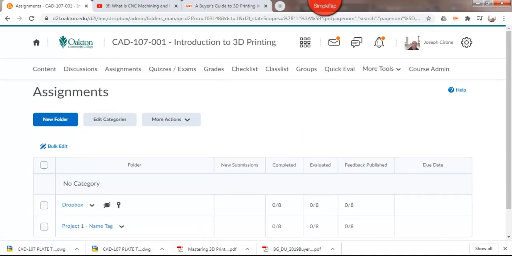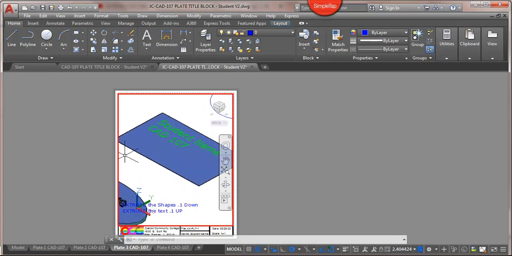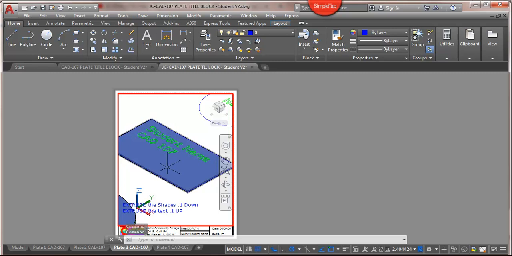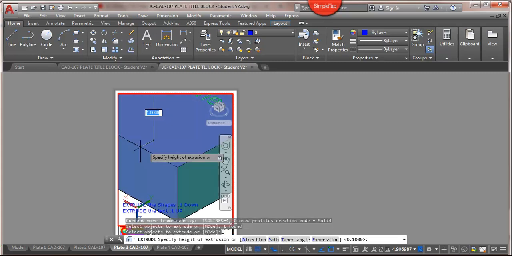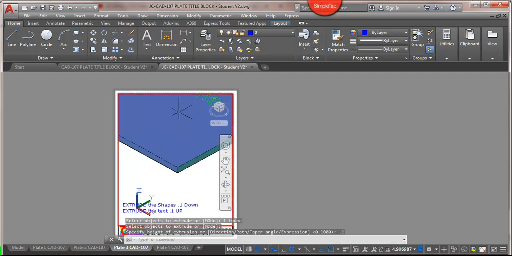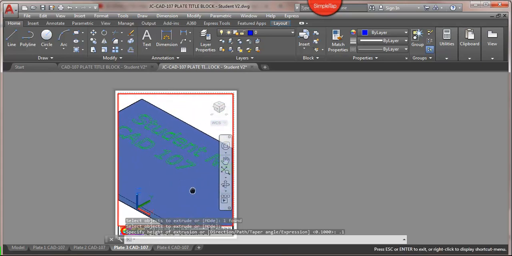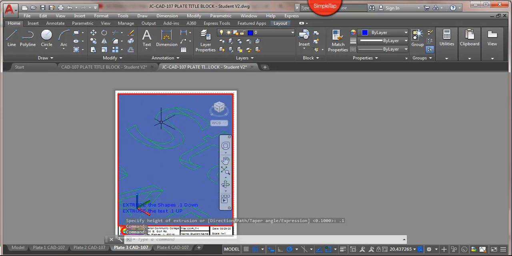Getting back to the drawing, if I come back to my AutoCAD, I can then take this file. I'm pretty well done with it. If I want to do some of the other ones, I can come over here, panning it. And again, if I want to extrude these, you can do it with a visual style on. And select that, hit enter, bring it down, 0.1, enter. And if I pan over, I can extrude these other ones, turn the wheel on the mouse, make it a little bit bigger, and